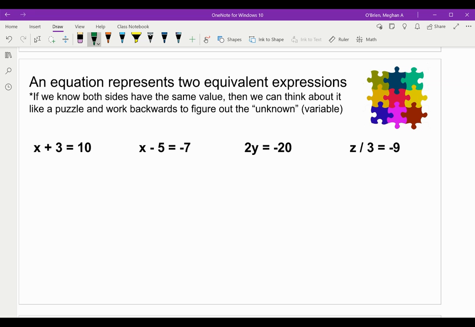You know what added to 3 equals 10. So x equals 7. How do I know? Plug it in and check. 7 plus 3 equals 10. Okay. So again, we're just reasoning through these ones, and then I'll show you in a second kind of how to do the steps. The second one,